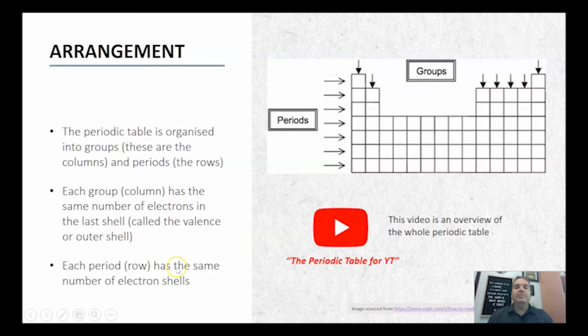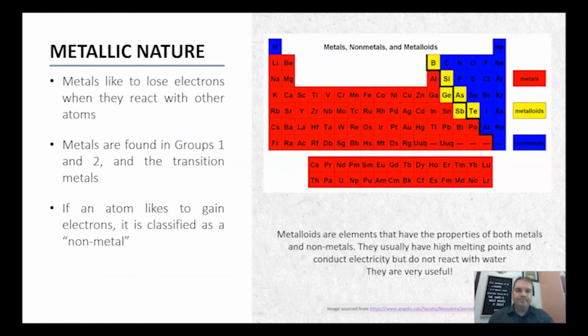Each period or row has the same number of electron shells. So everything here in period 3 has 3 electron shells. We'll go into a bit more depth there. If you want a really good overview of this, there's another video I've put together that you can have a look for. It gives a whole overview of the periodic table and goes through each of the different trends I'm about to look at now. So the first trend we're going to look at on the periodic table is what's called metallic